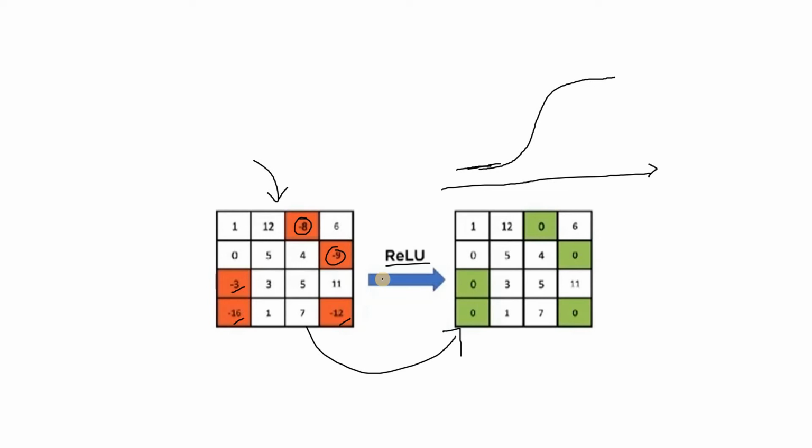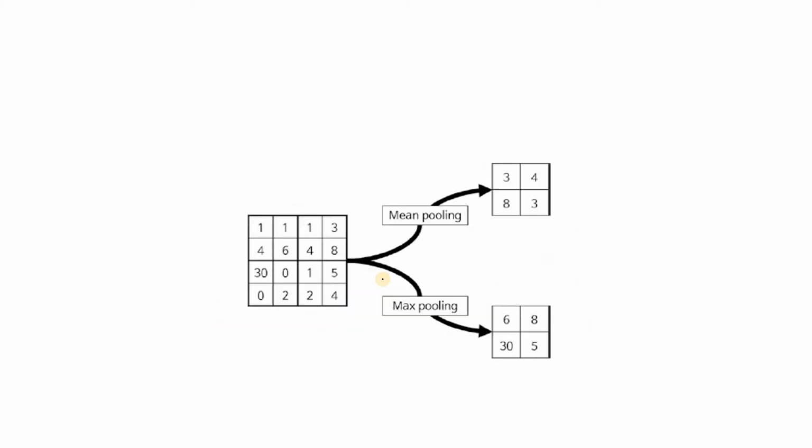Then one more layer I want to discuss. This particular term also we will frequently encounter in a CNN project, that is pooling. So what is pooling? Pooling is nothing but something which reduces the size of an image, or from a higher dimension, basically it just tries to compress the image to some lower dimension. What it does basically is combine neighboring pixels of a certain area of the image into a single representative value. Very simple idea.